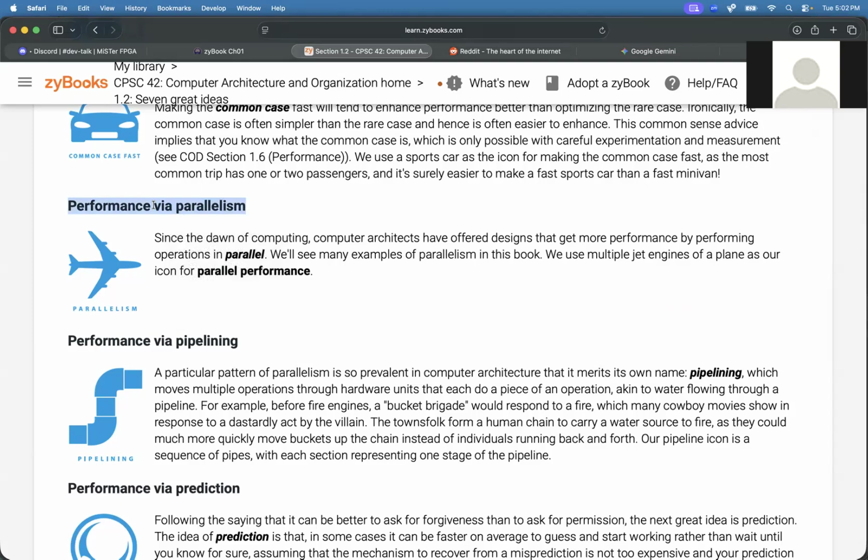Performance via parallelism. Every computer has a lot of processors now. I'm using a Mac, which has an Apple Silicon M3 Max. I think I have 16 cores, although they're not all the same performance. And so if you want software to run fast, we need to figure out a way to use all those